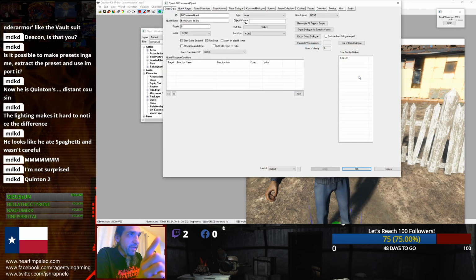Always, when you're making a quest, just name it, put the stuff in, and then close it, and then open it back up again. And then here, priority. This is also important, but I'm going to leave it at 0 for right now. The higher the priority is, the more important this quest is going to be than other quests. Let's say you have quests in a chain of different things, and one quest is 0, which is more important than a quest that is, say, quest 5. Even though they use the same character,